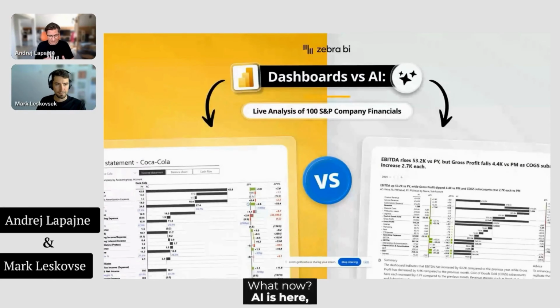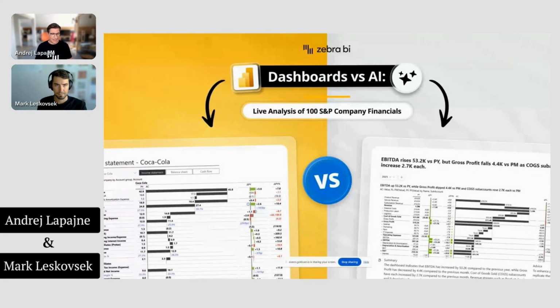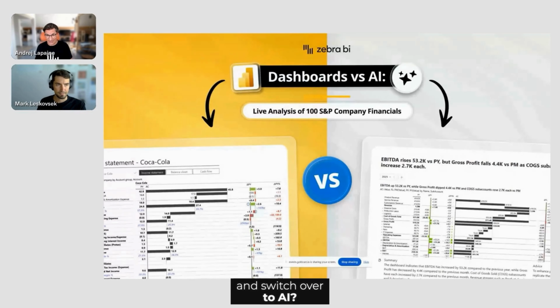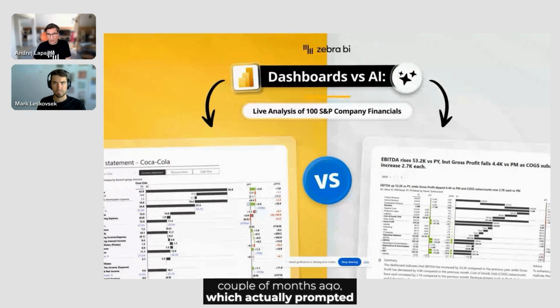What now? AI is here. All the tools are here. Copilots, Claude, GPT, Zebra AI, and so on. What does it mean? Shall we ditch our dashboards and switch over to AI? Is this the time? And I had a very interesting conversation a couple of months ago, which actually prompted me